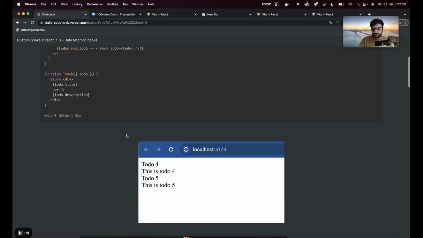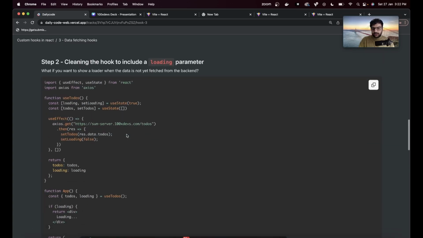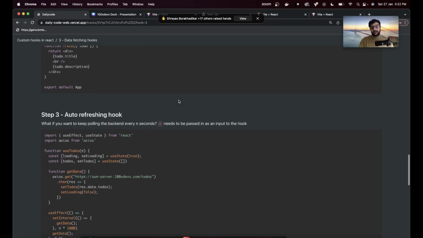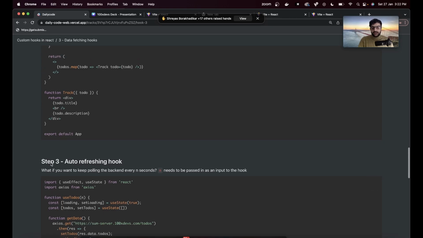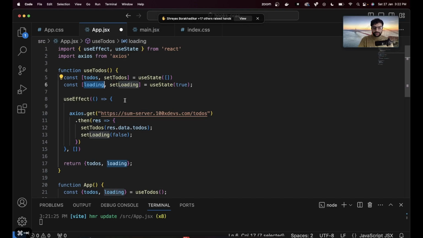All right. Last thing. Cleaning the data, loading parameter. This one's cool. Auto refreshing hooks. Don't look at the solution. What if you want to keep polling the backend every n seconds? What if I tell you, okay, this hook needs to, number one, take n as an input, which is the number of seconds after which you